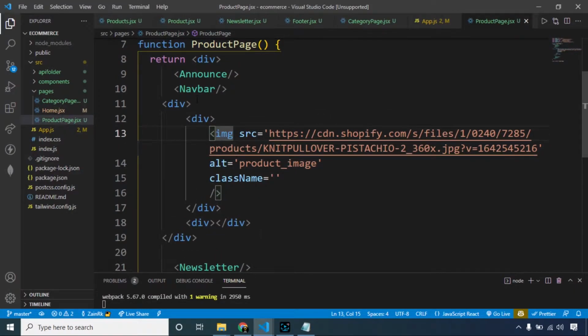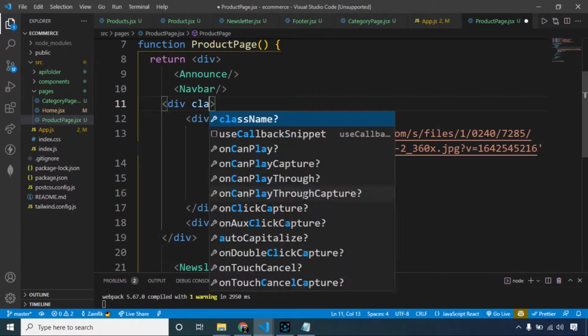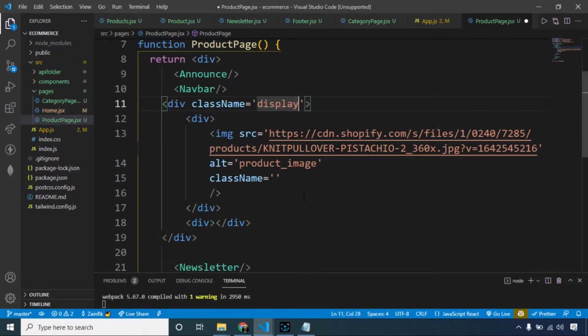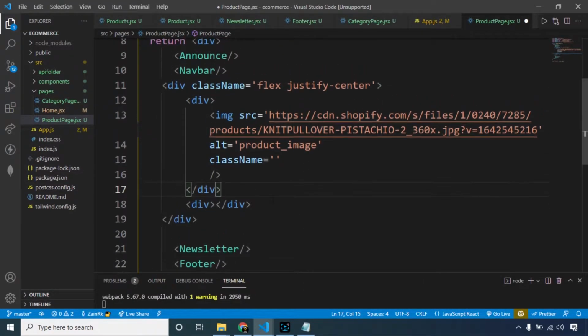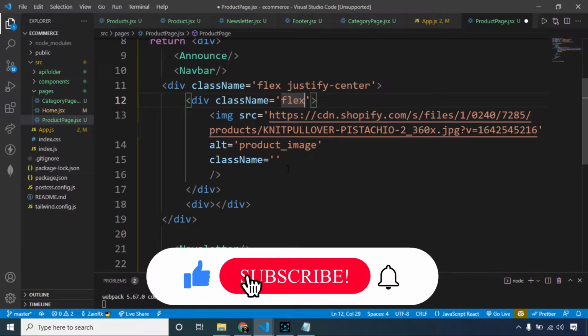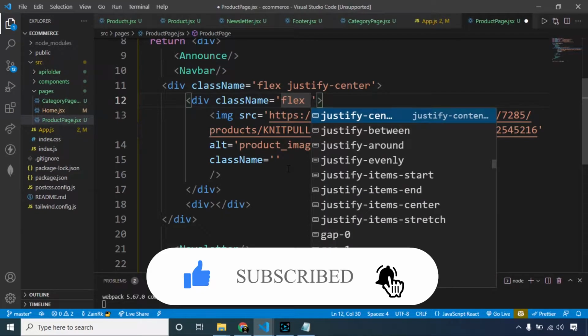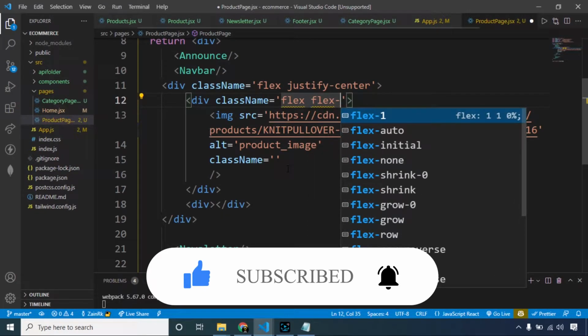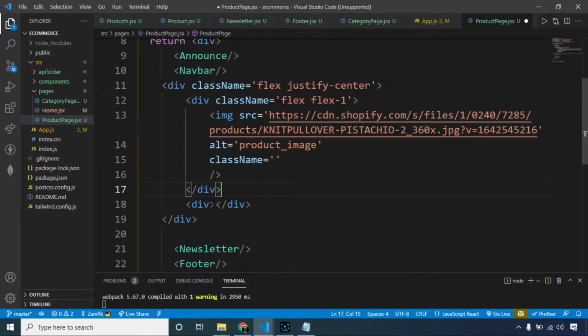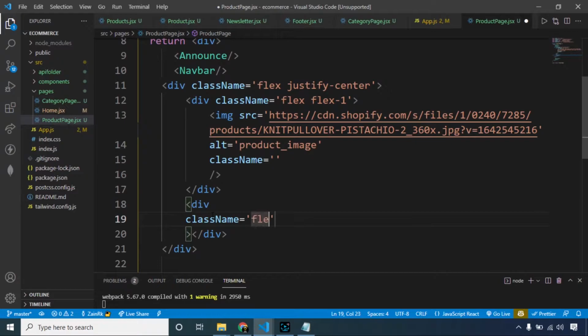Let's style the parent div. I am going to make the parent div display flex, justify center, and for the image div, I am going to make it display flex and flex 1, so both child divs will occupy the same space, as I am also going to make the other div flex 1.